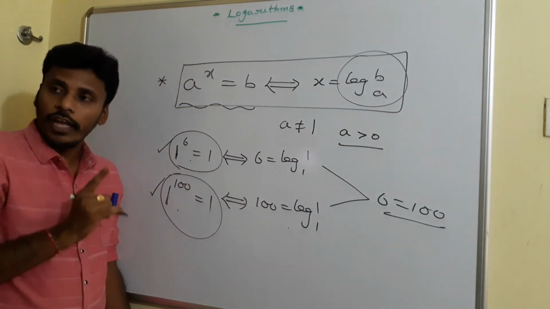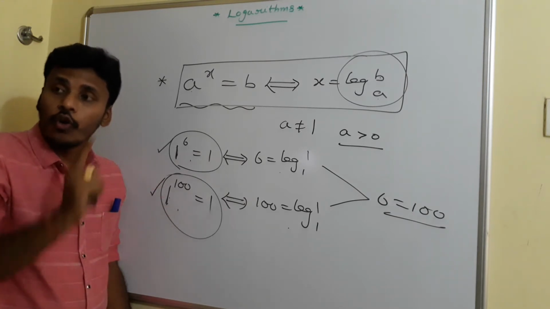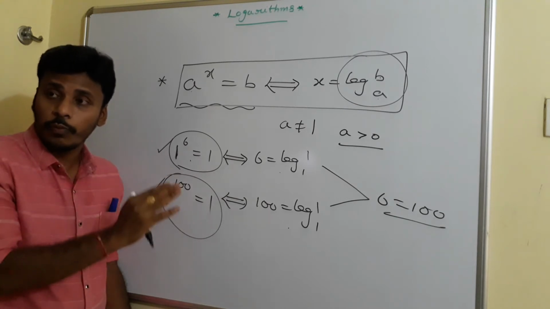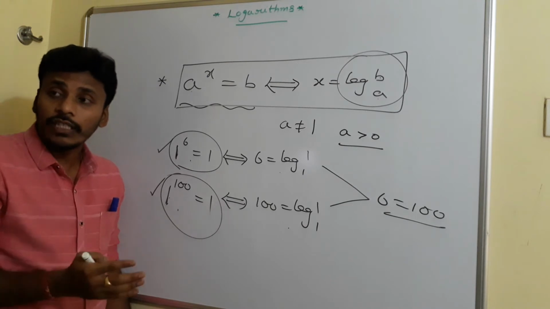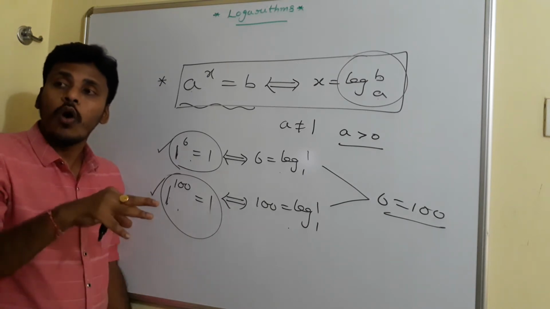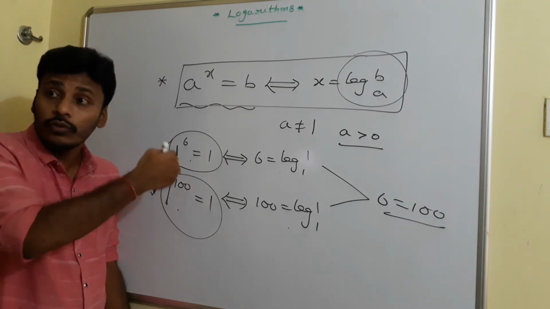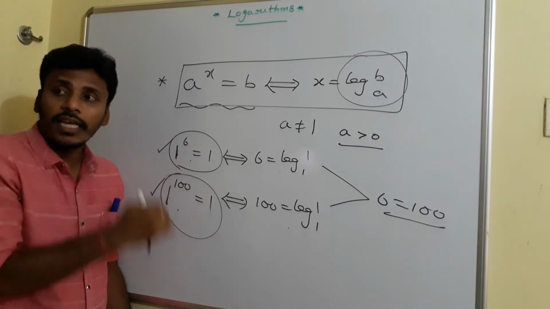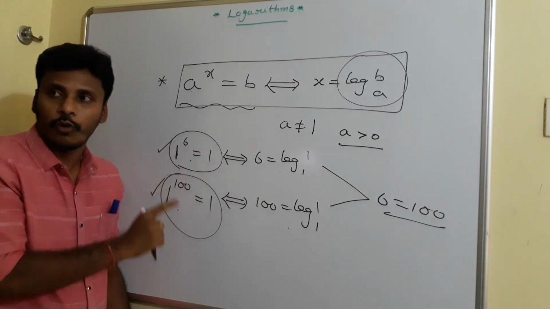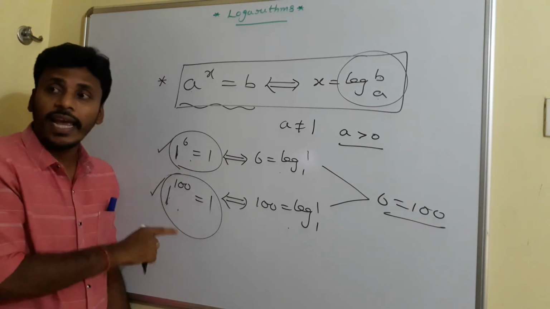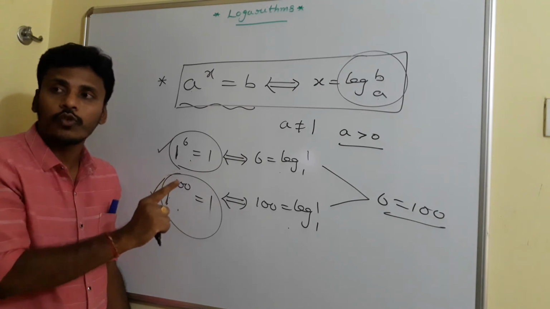So what I am going to tell you is that logarithm is basically another way of notation. Converting from exponent to logarithm is just a notation, a way of expression. While converting, you have certain restrictions. To find those restrictions, I am thinking about a power x. If a is negative, then a power x is a meaningless thing, so you need to restrict a as positive. And if a is equal to 1, again you arrive at a contradiction, so you need to restrict a not equal to 1 also.